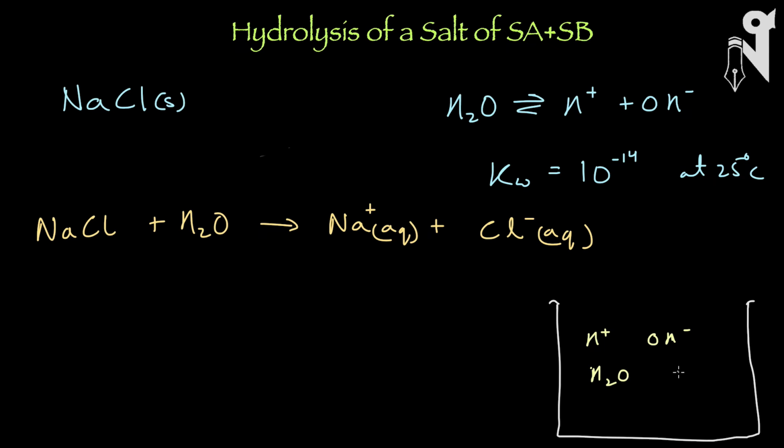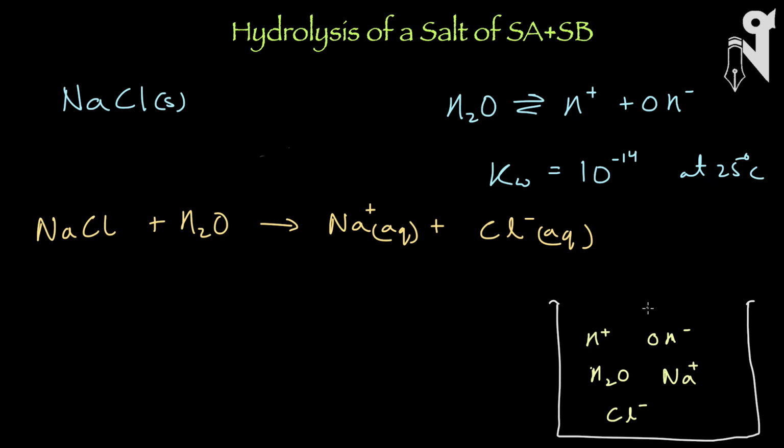And what new species has come? Do we have NaCl? No, we don't have any NaCl, as I have told you multiple times in the previous video. But we have this Na plus aqueous. Na plus is also surrounded with water. This H plus is also surrounded with water, so it is H plus aqueous, by the way. And this OH minus is also aqueous. I'm just avoiding writing aqueous. So these are all clinging with water molecules: H plus, OH minus, Na plus, Cl minus. So we have Na plus aqueous. So these are the species